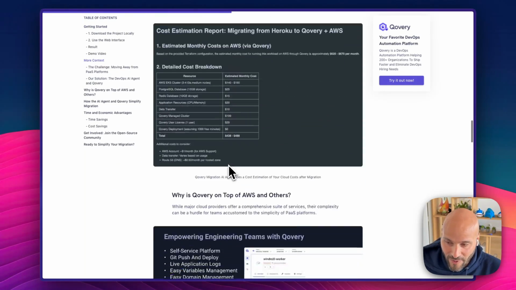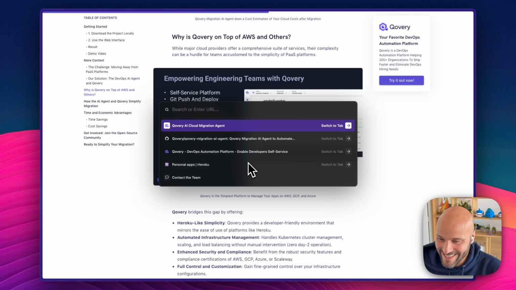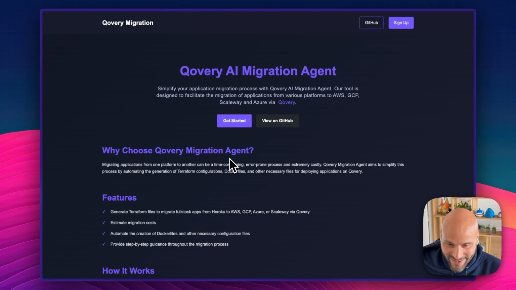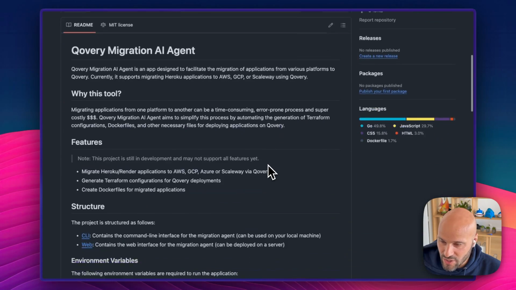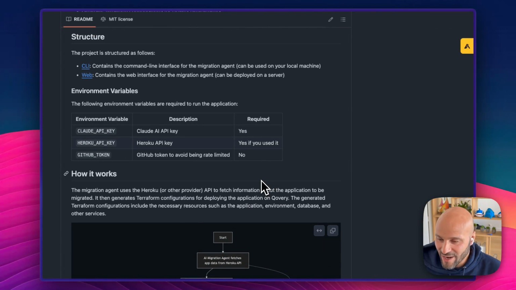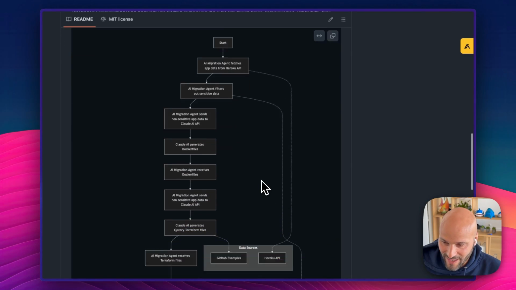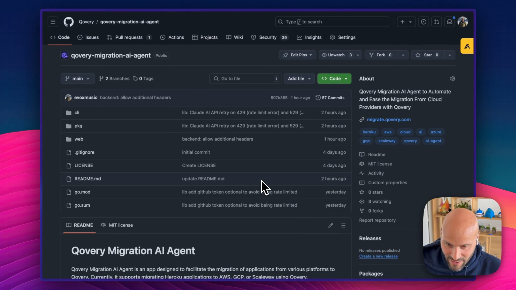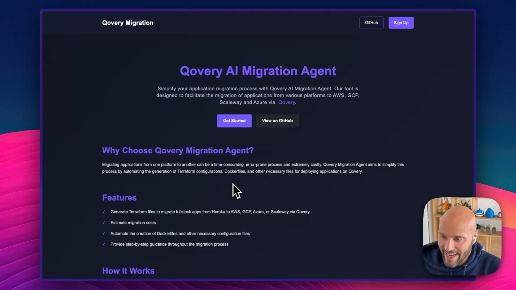And here now, what you need to keep in mind is that it's possible to migrate your workload in no time with a budget of zero with that AI agent. And this AI agent is completely open source, so you can just review and see exactly how it works. Under the hood, we use Cloud AI API, basically just to generate the different configuration files. And we also use Qovery to bring the Qovery experience, the Heroku-like experience, if you want, on top of